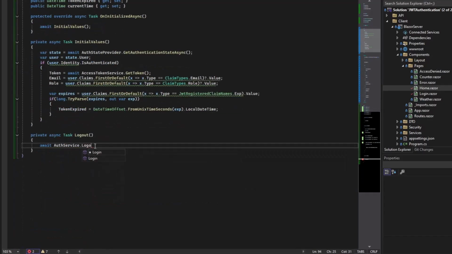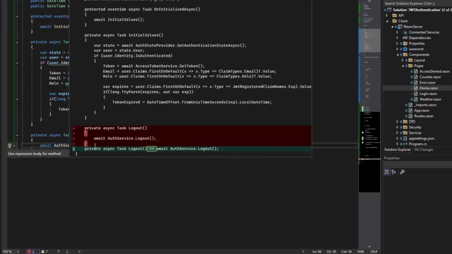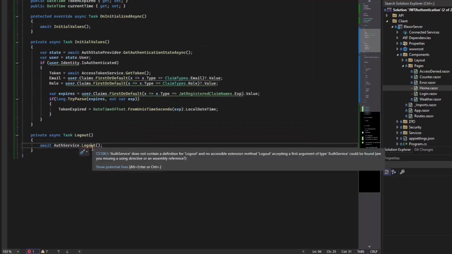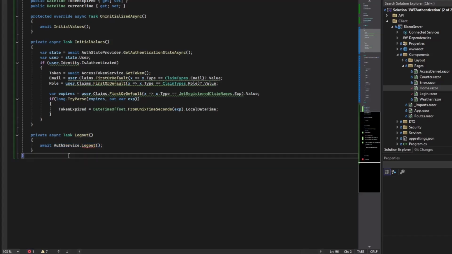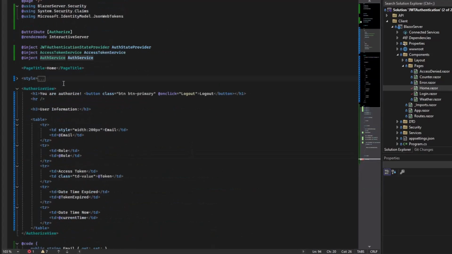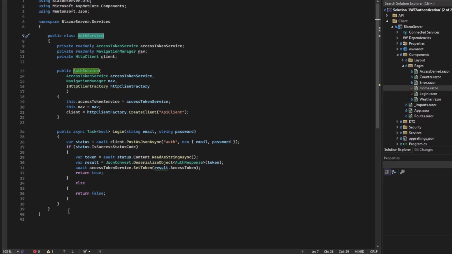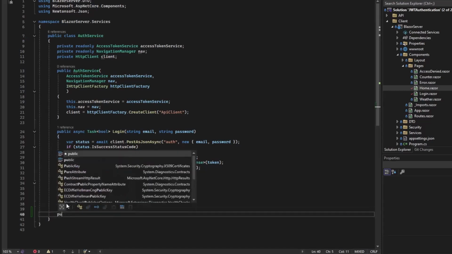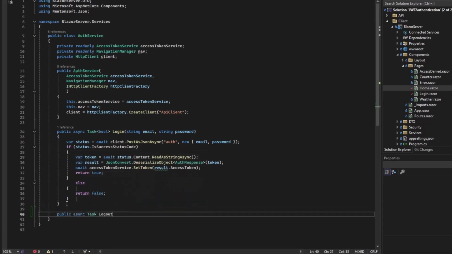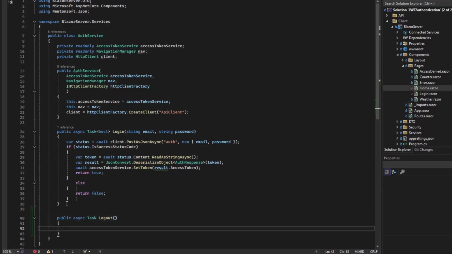We don't have it, so I just created it. I want to have it in my auth service. We will have a public asynchronous task Logout. This logout is for removing and disabling the refresh token from the server. But for now, we don't use a refresh token, so I think we can just leave it like this.